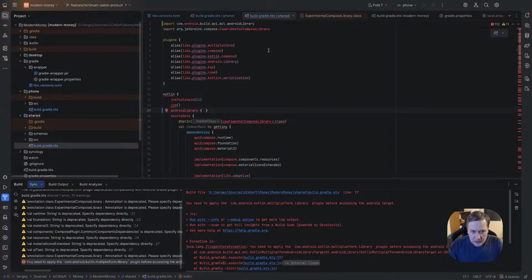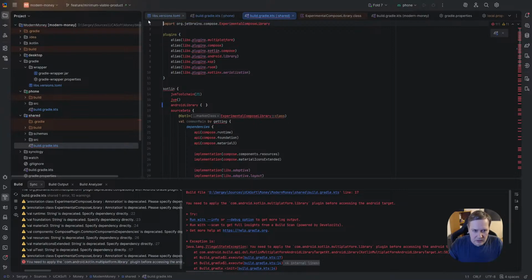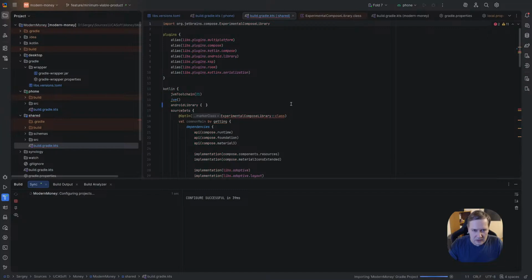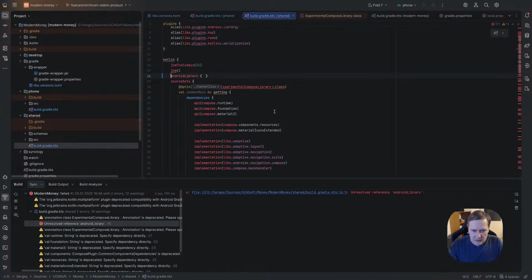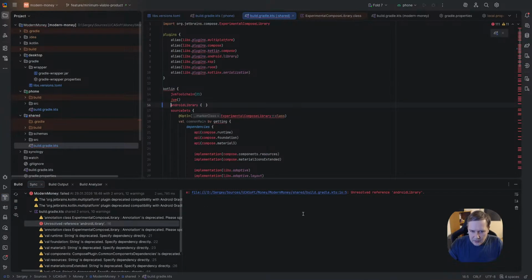You need to apply... what? I don't need it. It should be target. Unresolved reference. Give me some example. Come on, give me some source code, and I will understand it better.